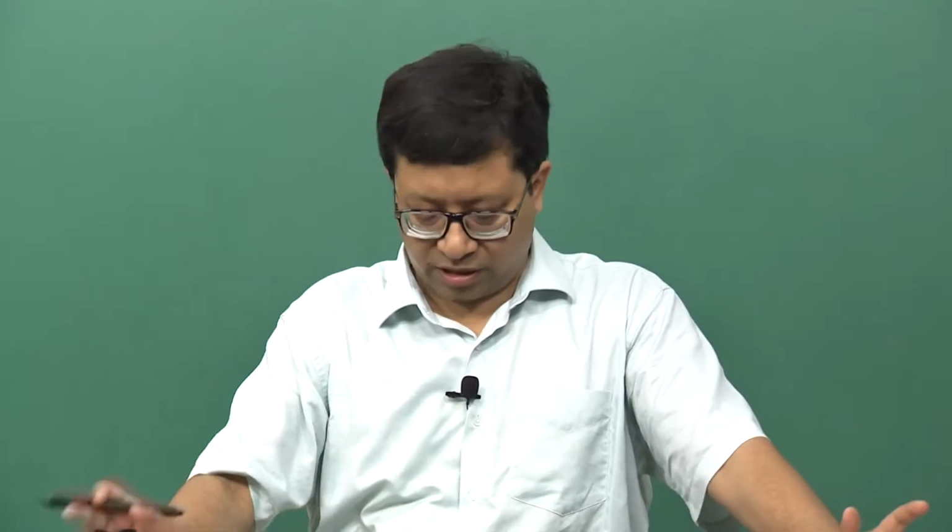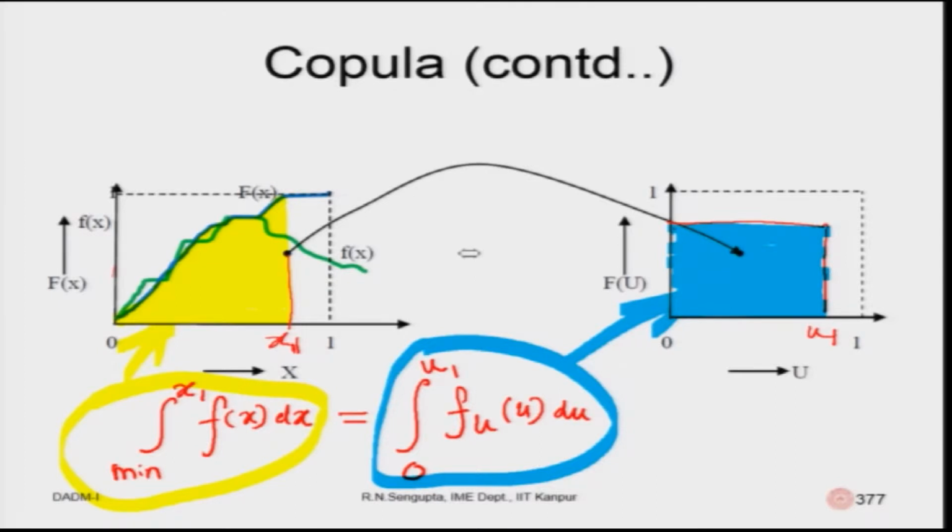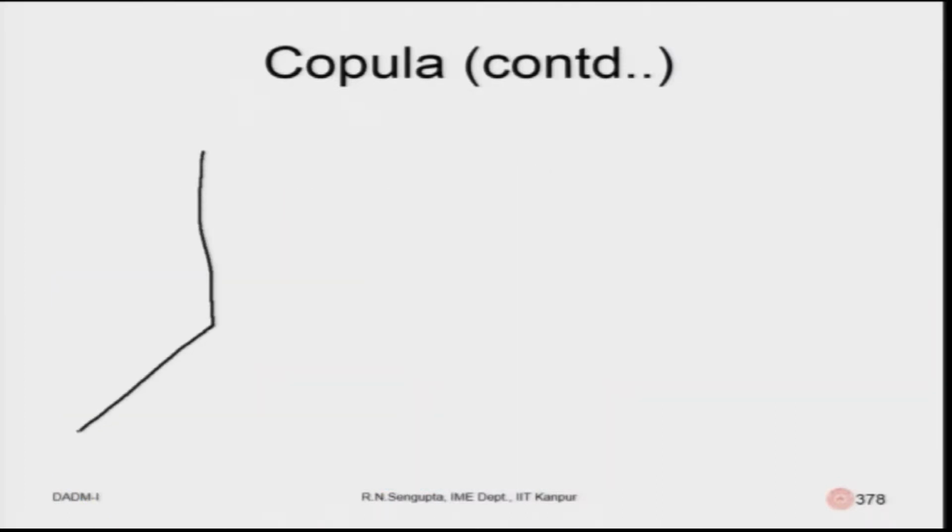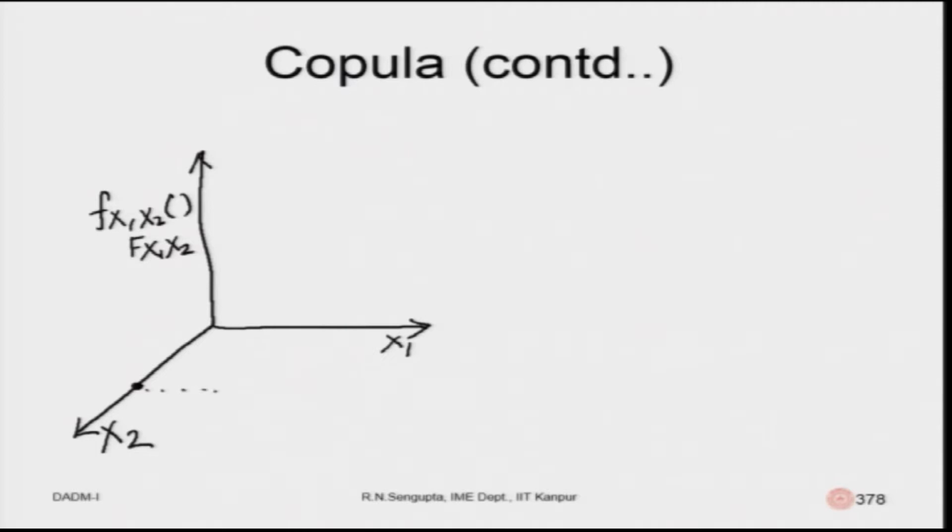In the 3-dimension case, what it becomes, I will try to draw it and show it to you. This is the multivariate case. You have x1 being measured, x2 being measured, and this is the f(x1, x2), which is the PDF joint distribution. Along with that, you have capital F(x1, x2), which is the CDF value. So, if you pick up any two values x1, x2.